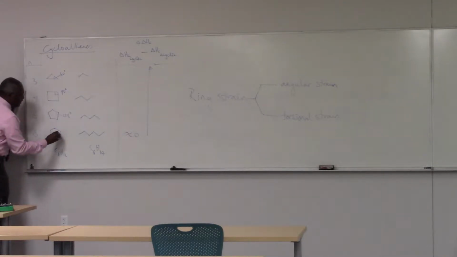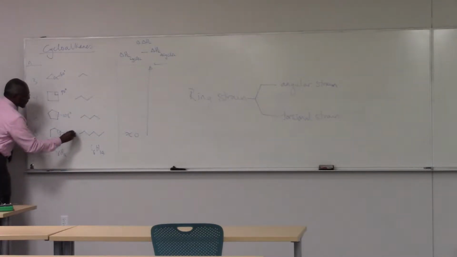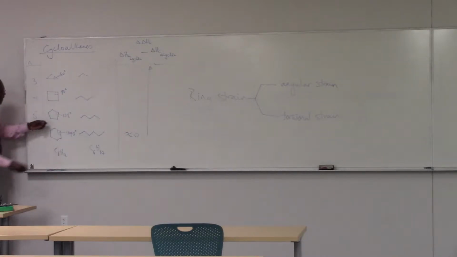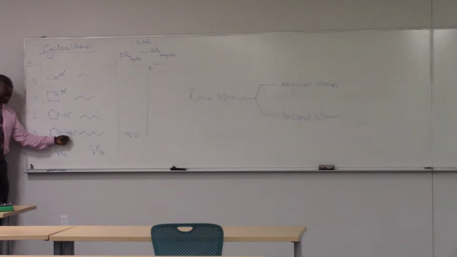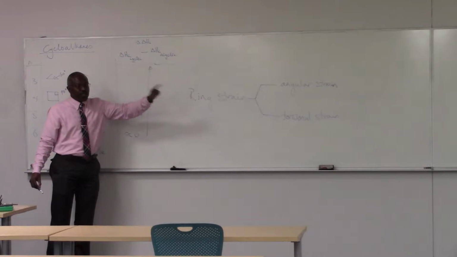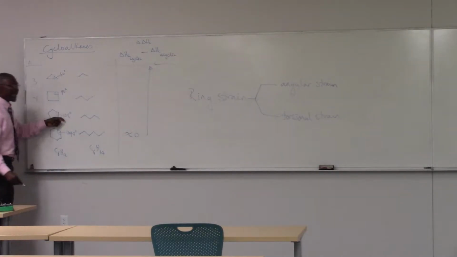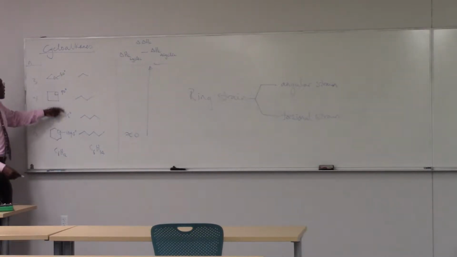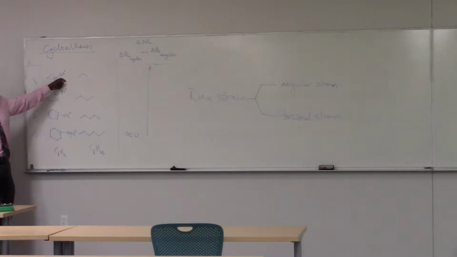So these angles, going from the 6 to the 5 to the 4 to the 3, we're moving further and further away from the classic value. Now, it is the classic value in cyclohexane. So cyclohexane has no angular strain. Cyclopentane has a little. Cyclobutane has a large amount. I mean, that's almost a 20-degree difference. And it's a massive amount in cyclopropane.